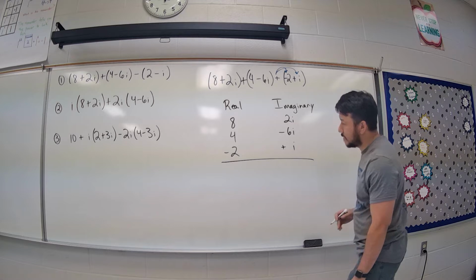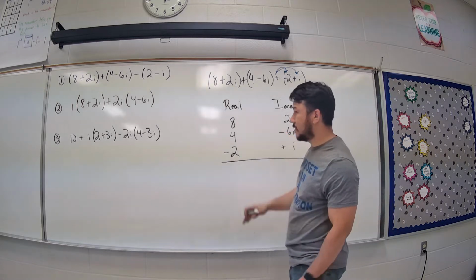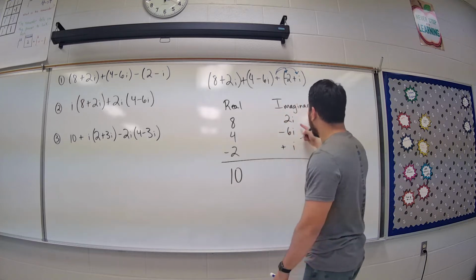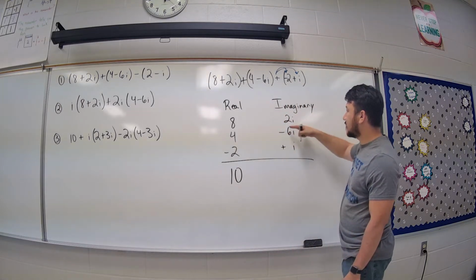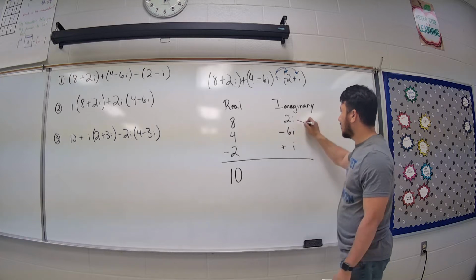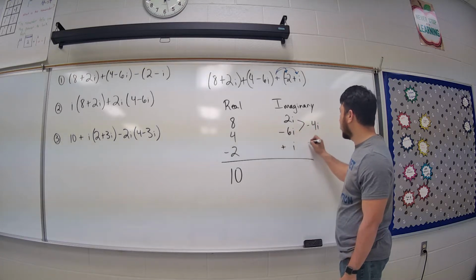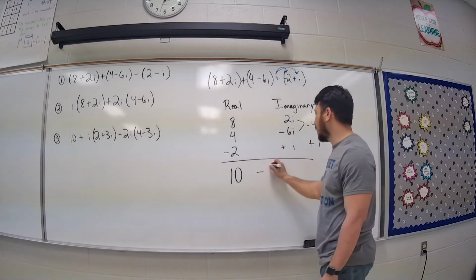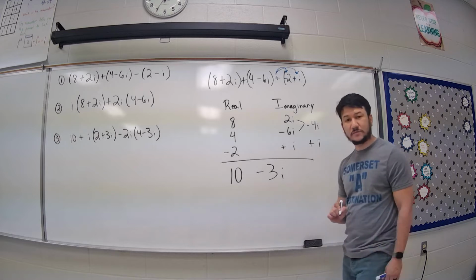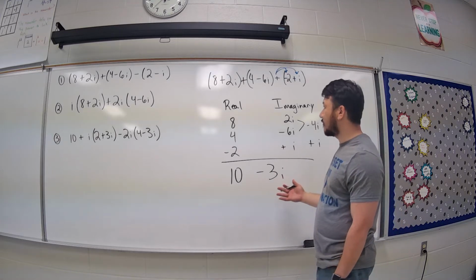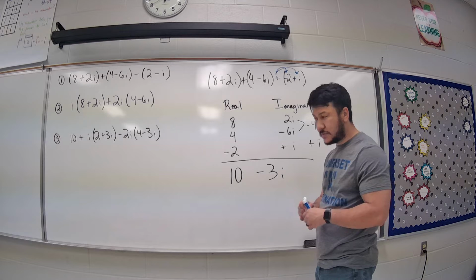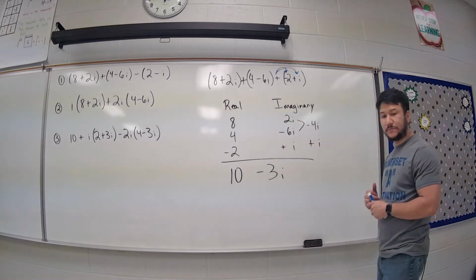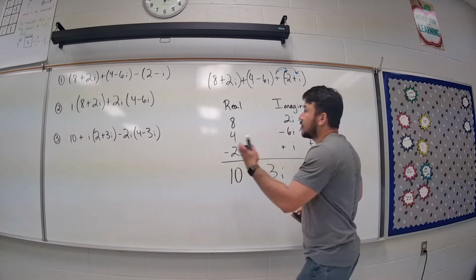Okay, so now I'm just doing 8 plus 4. Well, that's 12 minus 2. Now I have 10. Now look at my i's. I have 2i minus 6i. That will give me a negative 4i plus another i. So I'm going to subtract these. So I'm now going to have a negative 3i. Okay, so that's pretty much our answer for our first one. Go ahead and pause the video from here, check and double check, take a look at the work, and then go from there. All right, so for number 2,